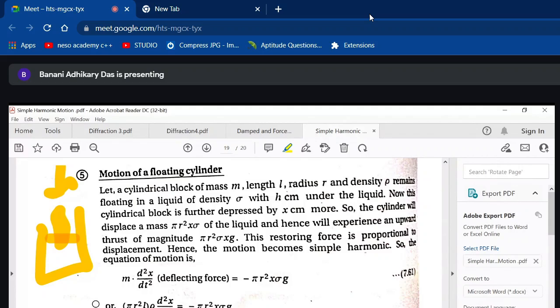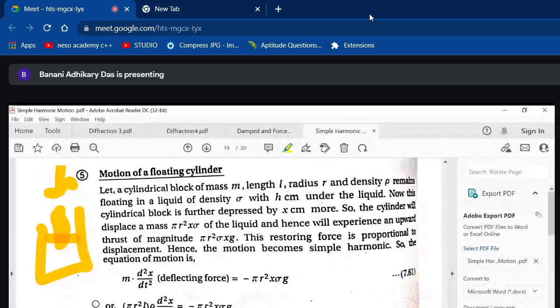It overshoots the mean position and goes on top, so the cylindrical rod goes up and down, in and out of the liquid by an additional distance x, and this motion is what we have to analyze. You will see that it is a simple harmonic motion with a characteristic time period. So what is our target? First, to establish that the force equation satisfies the functional form of the differential equation of a simple harmonic motion, that is d2x/dt2 plus omega square x is equal to 0, and then find out the value of omega, and then the time period T is equal to 2 pi by omega.